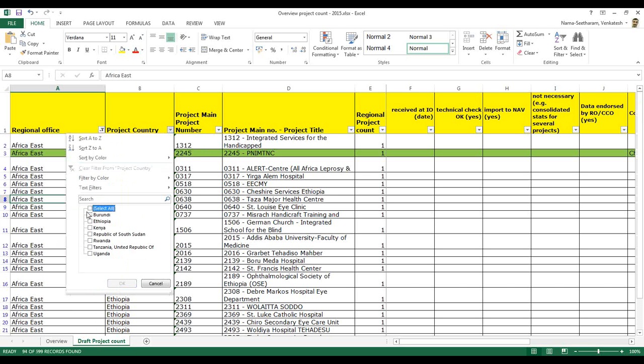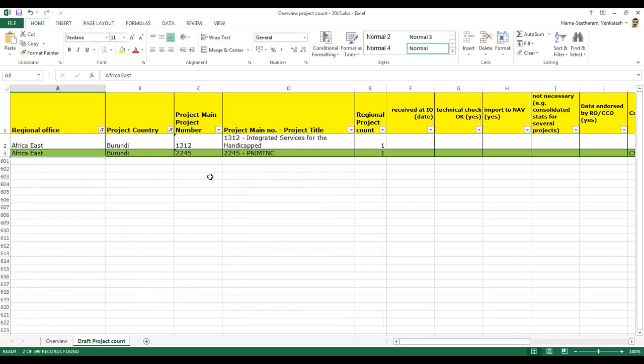For example, Burundi, so that you know how many projects have to give statistics for that country. For example, if they are sending statistics on the 25th of December or 20th December 2015, as soon as it comes into the inbox, I would drag it and put it in the respective folder, and I would update this sheet. This Excel is just for information and for cross-checking which has arrived and which has not arrived.